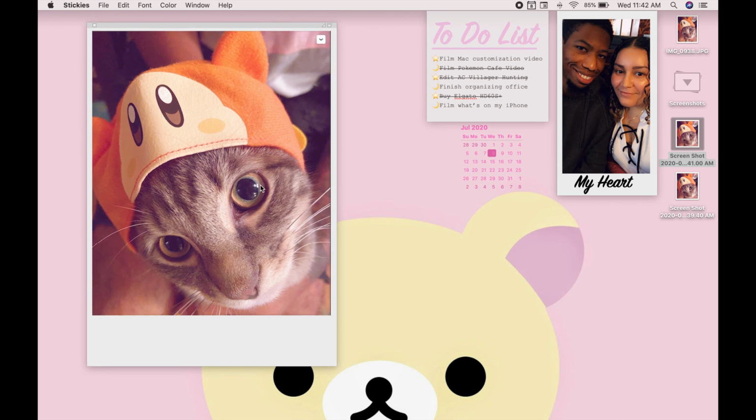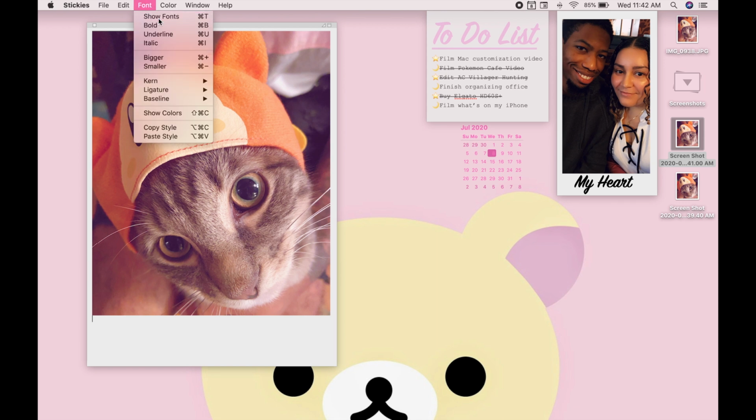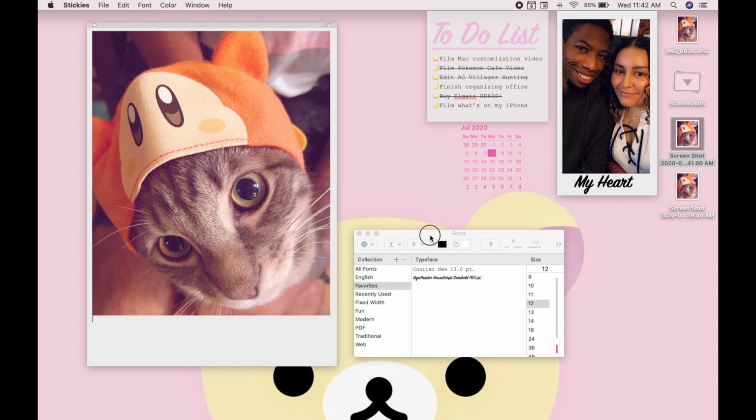I'm not sure why it isn't working at this moment, but I'm just going to move on and show you how I detail it. What I do is I hit font and show fonts, which opens this little box up here, and the text that I use is called Sign Painter, and it's size 76, and that makes it this size right here. It's going to be a little bit bigger probably on this one, or maybe smaller,